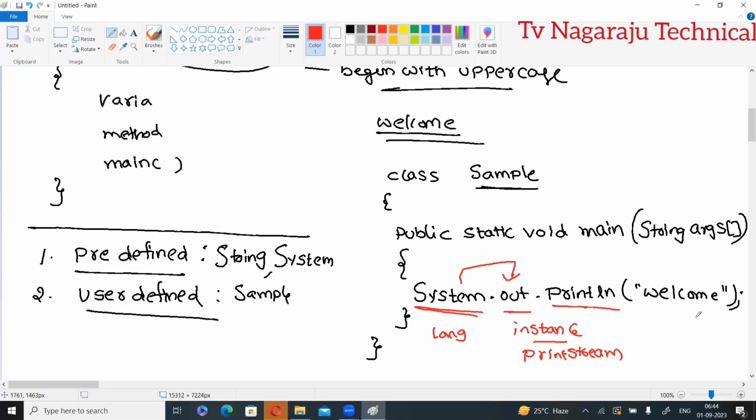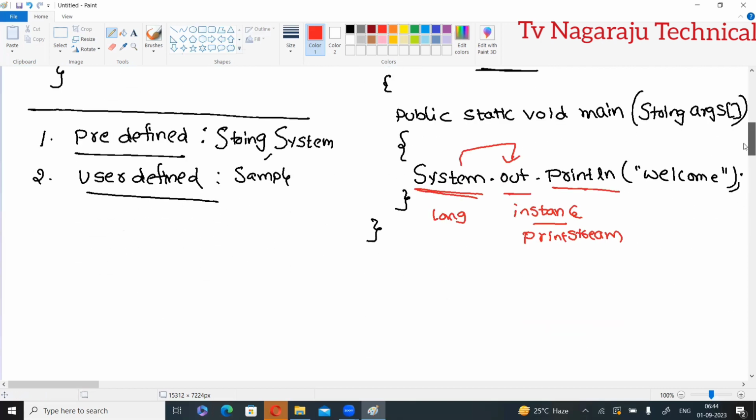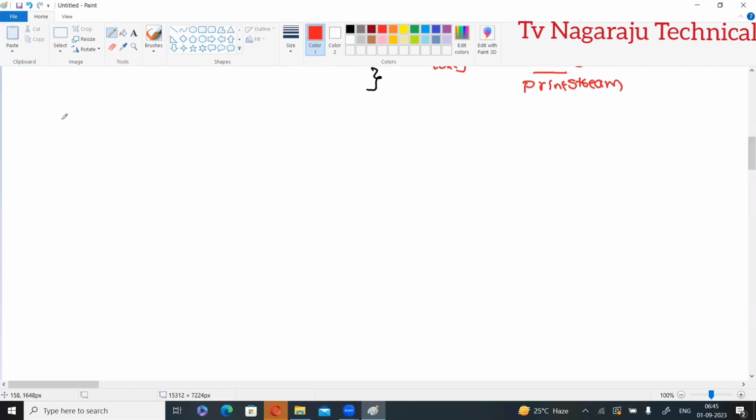Anyway, as we move on, you will get the complete idea. Not a problem. Right now, you know what a class is and what a program is, that is, how we write a sample Java program. Next, we will move to the procedure for